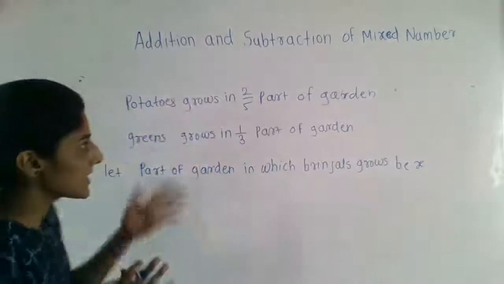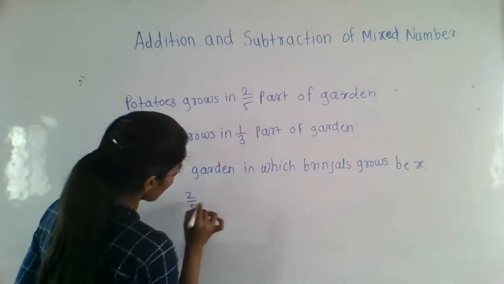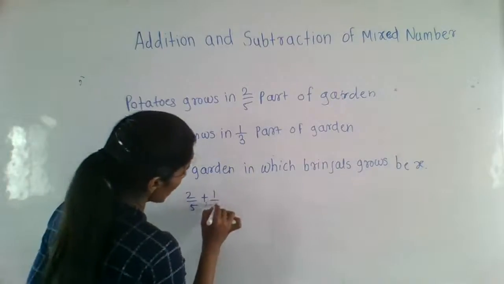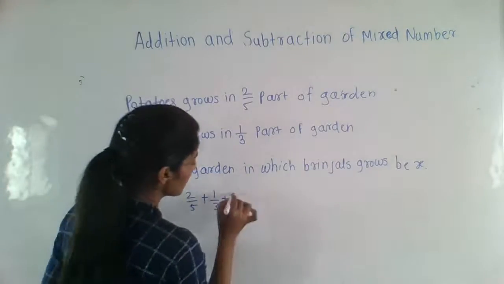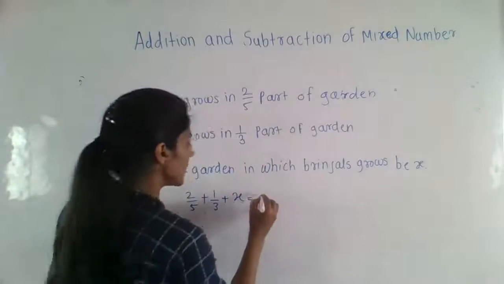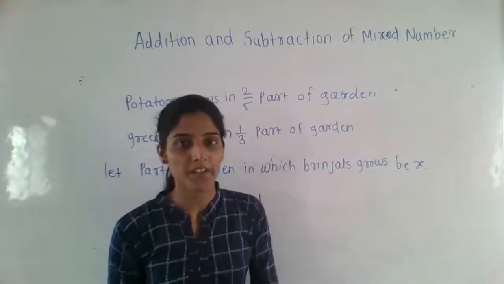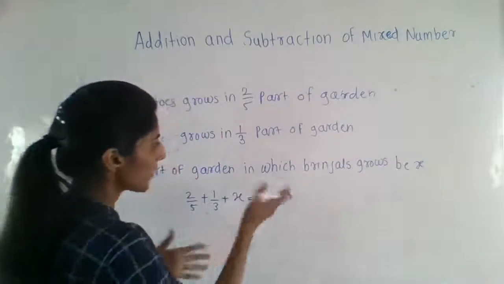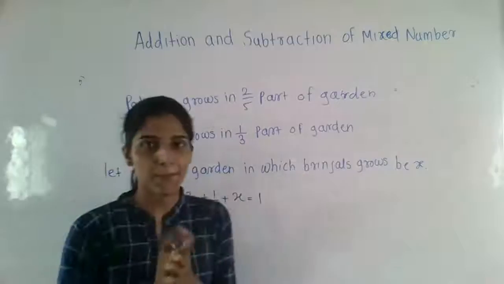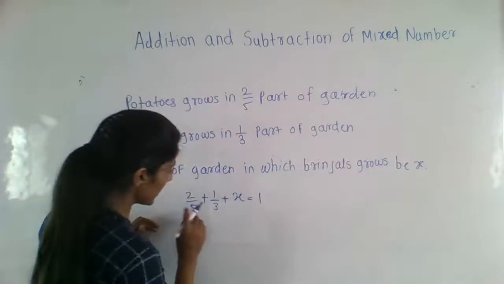ओके, तो पार्ट काय कन्सिडर केला? x. So what is first part is 2/5 plus 1/3 plus third part मध्ये ती ब्रिंजल्स करणार. तो माहित नाही म्हणून आपण काय घेतला? x केला. then total 1 पुन्हा सगळं ती एकाच गार्डन मध्ये लावणार ना, असं थोडी की वेगवेगळ्या गार्डन मध्ये जाऊन लावणार. सो एकाच गार्डन मध्ये तिने ते पार्ट करून लावलेलं आहे. बघा मग आपल्याला x ची व्हॅल्यू फाइंड आउट करायची आहे.